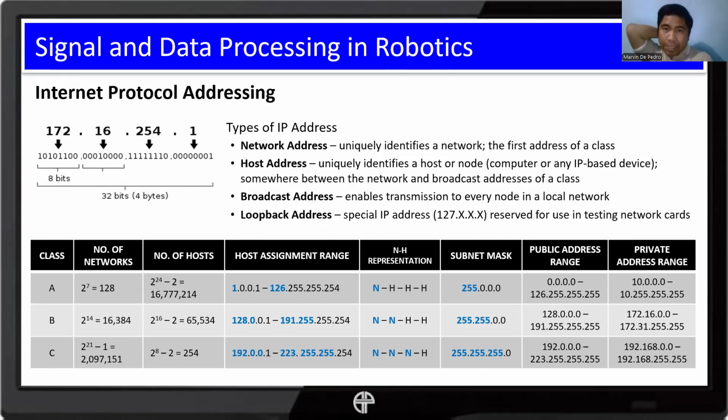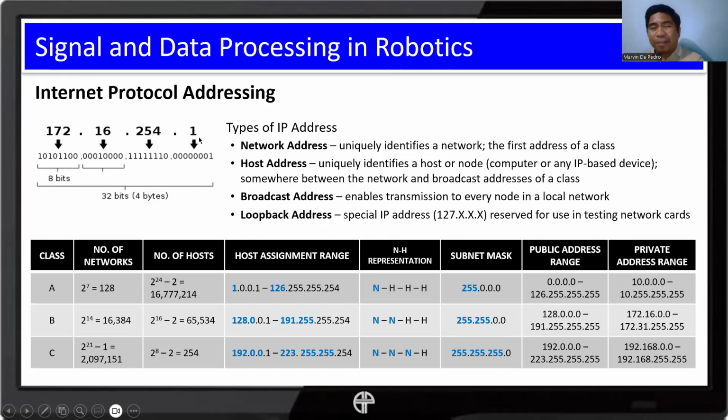First, we have the network address, which, of course, uniquely identifies a network. And that's the first address of a class. I think I cannot explain everything. It will take long before I can finish these things. I don't want the video to be too long. Just remember that